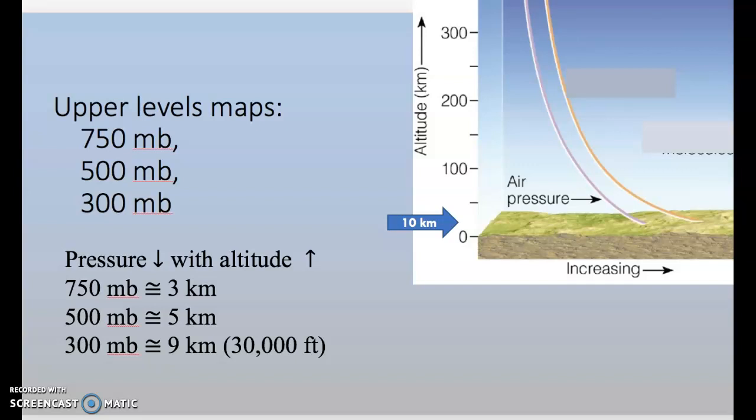This is the third of 3 videos from Chapter 6 review. And this one is for upper level charts. And to get right into it, upper level charts are charts that cover the lowest 10 kilometers of our atmosphere,